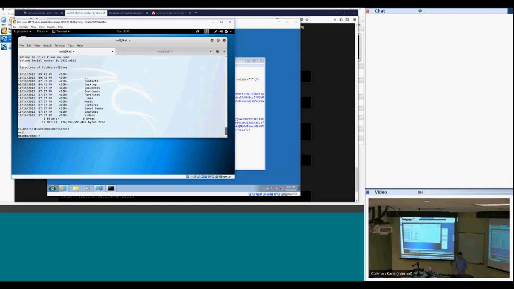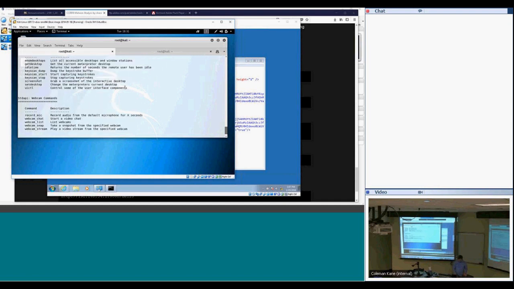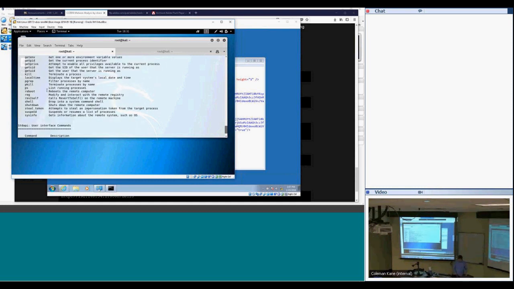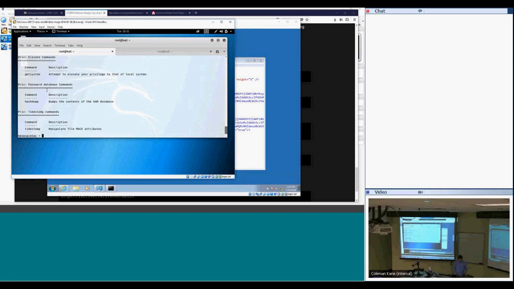The downside of that is that I don't have access to the other handy commands like help, and then if you see them, a bunch of these. So I don't have access to the webcam commands or the key scan commands or the upload, download commands and things like that. So, what I might end up doing is